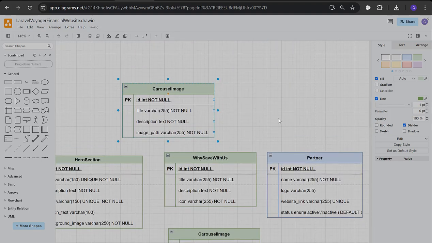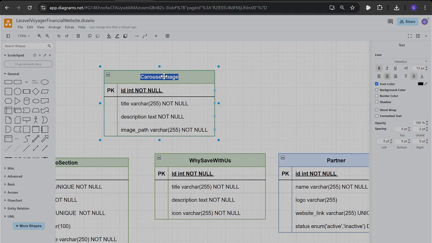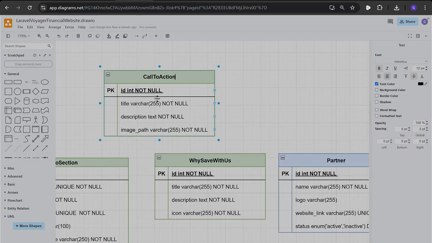So regarding the call to action entity, it's going to have an ID, then the type, then the heading, the description, the button text, the button link, and then an image. So I'm going to have this updated to call to action. So we shall have the type, then the heading. So instead of the title, this is going to be updated to the type,